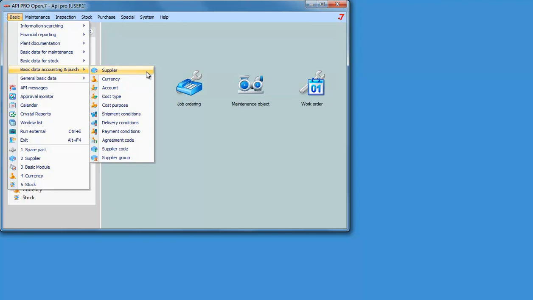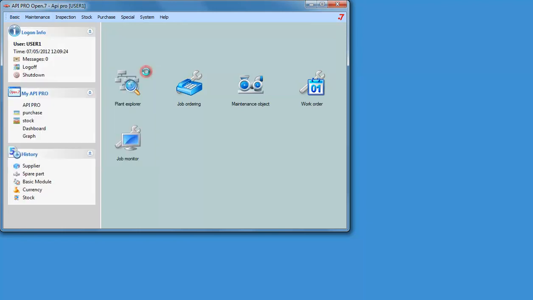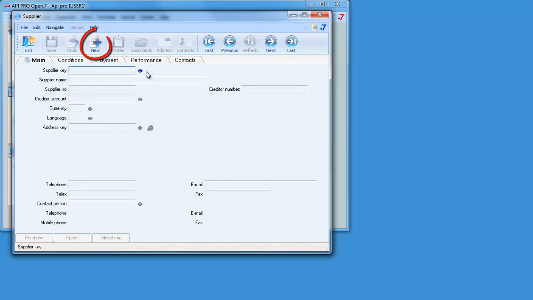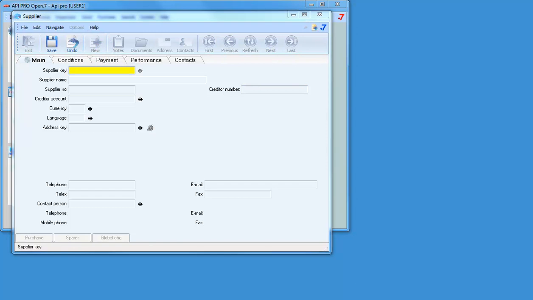To create the five pieces of information, we start with the supplier. First we create a new one. Then we add the supplier key, LeanITEX, and add more information for it, corporation. We add the currency, euro,